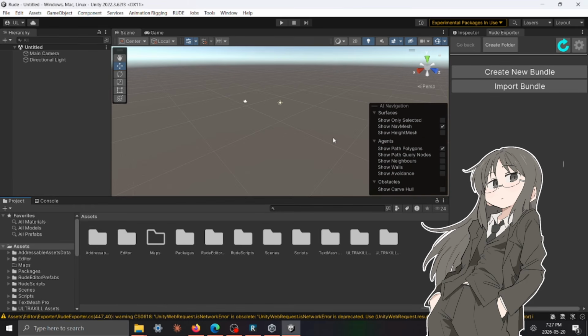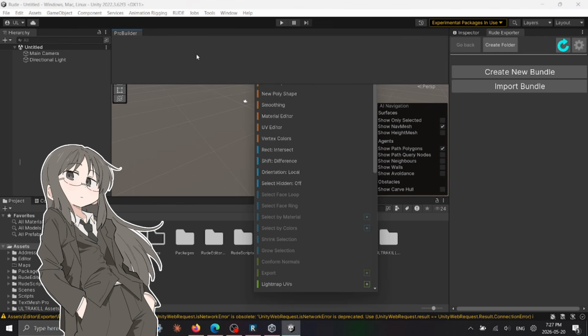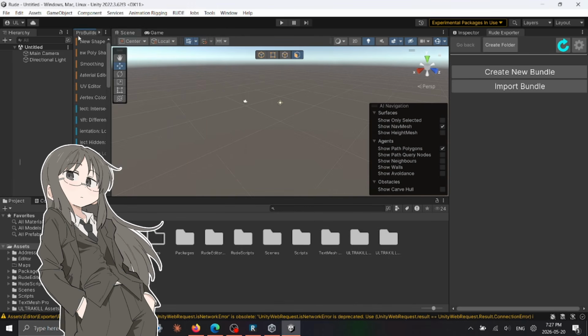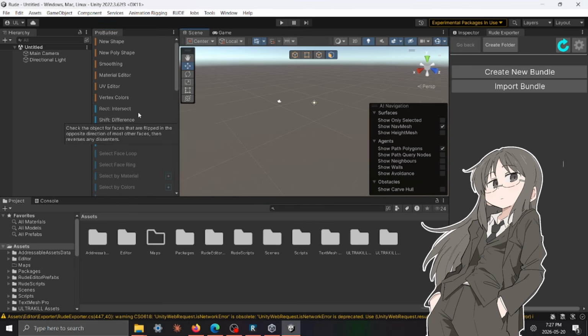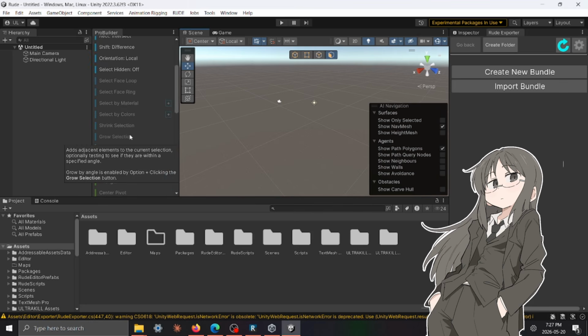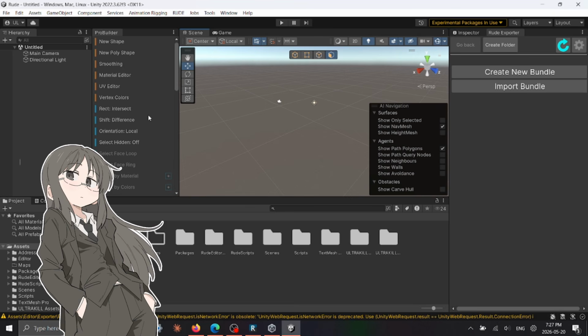Now I'm just going to go on to a few useful things that you can have. So first of all, tools. You're going to want to open ProBuilder. You're going to toss ProBuilder over here. ProBuilder is a very important tool for making level geometry and texturing. And then there's a few other quality of life tools that you're going to want to install.